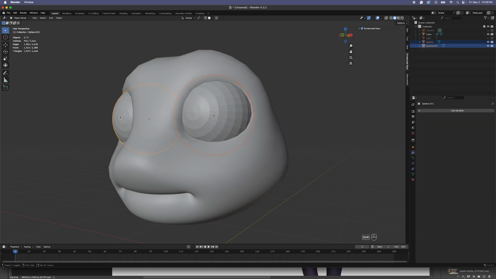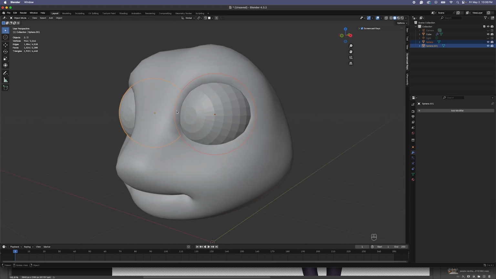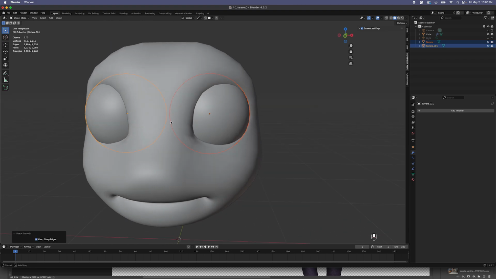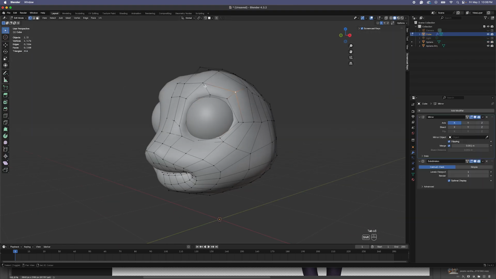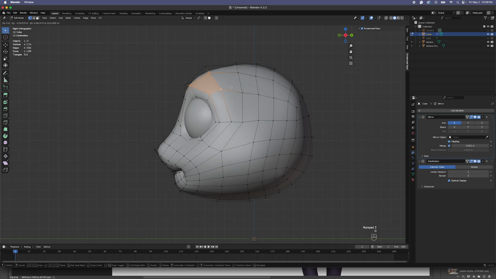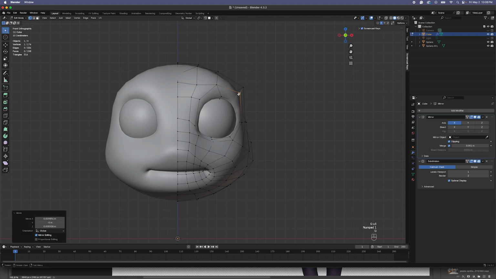Let's do that with the eyes as well so they don't look as creepy. So with both selected, right click, shade smooth. Now they're all shaded smooth. I just want to bring this brow forward, and then I want to create more geometry for the